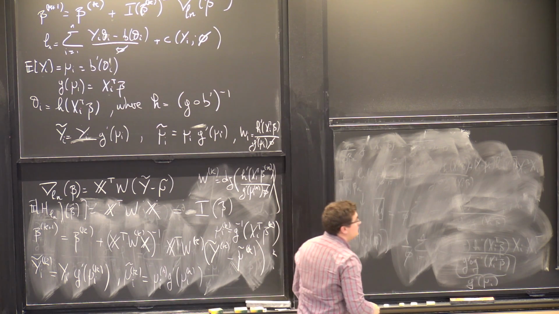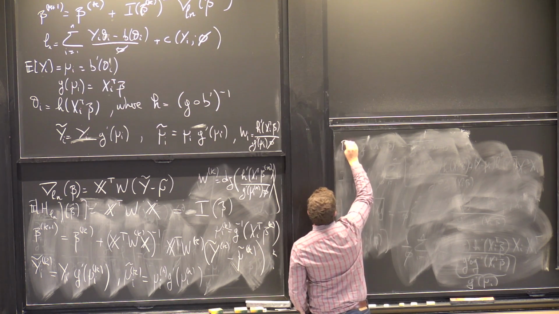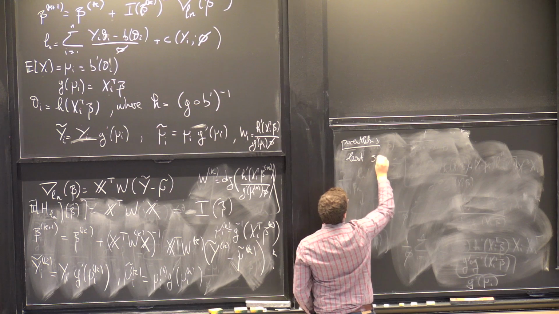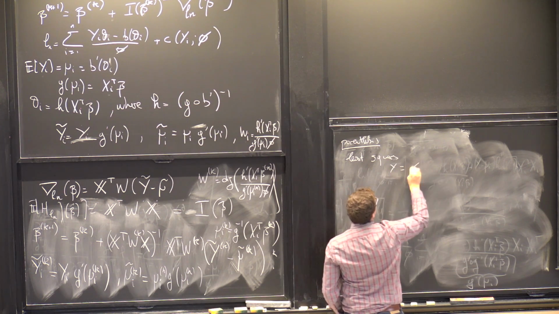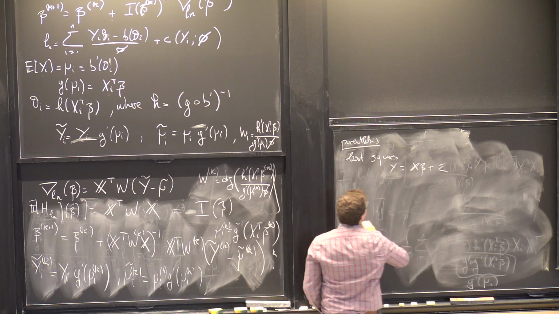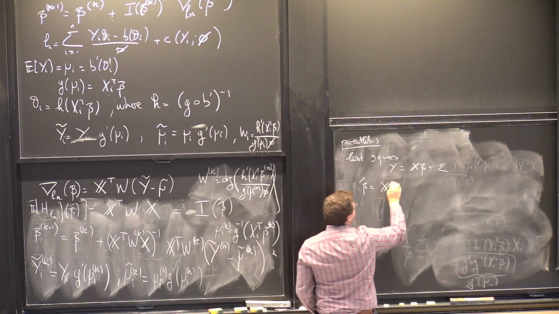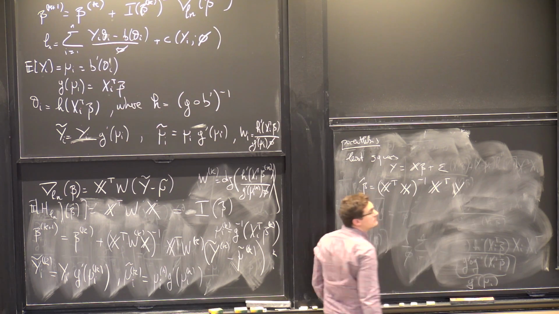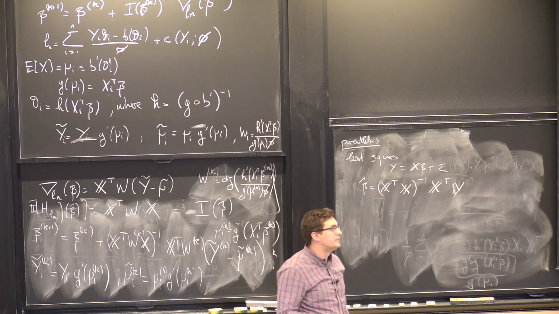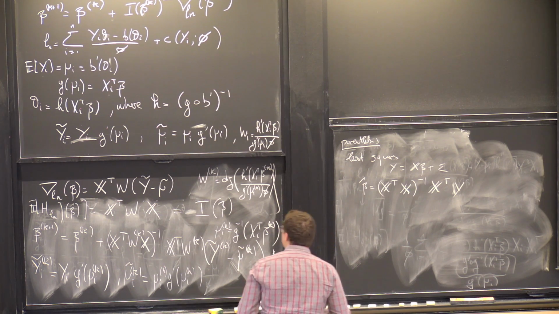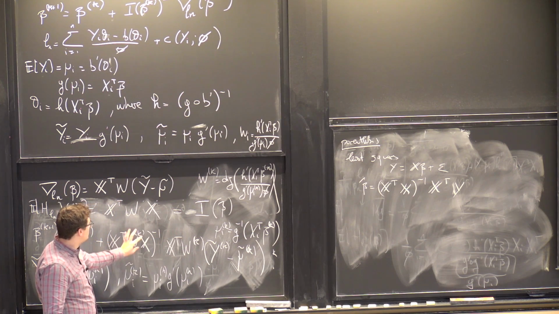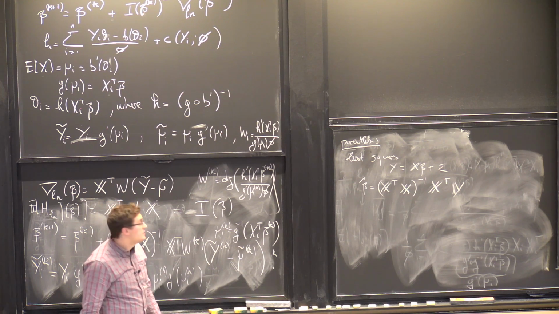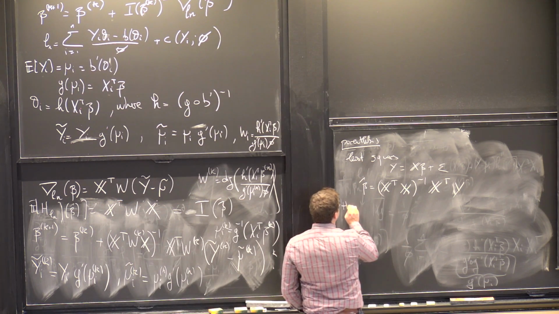Okay. So when we did the least squares, in parentheses, least squares, we had y equals x beta plus epsilon, and our estimator beta hat was x transpose x inverse x transpose y, right? And that was just solving the first order condition, and that's what we found. Now look at this. X transpose W x inverse, x transpose W something. Okay? So this looks like